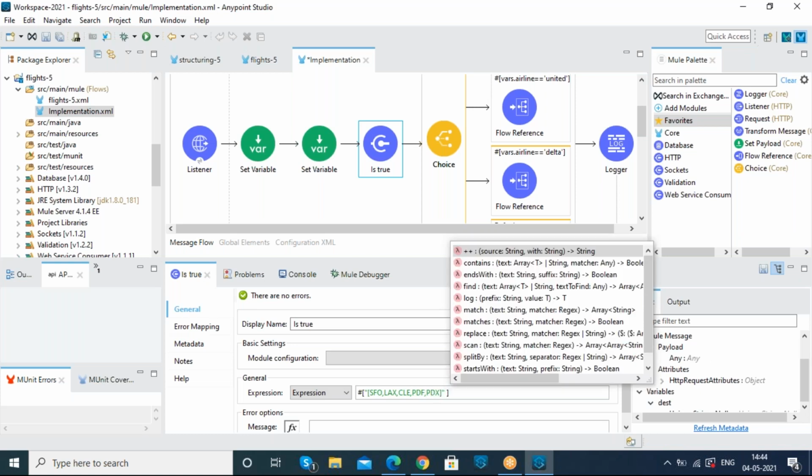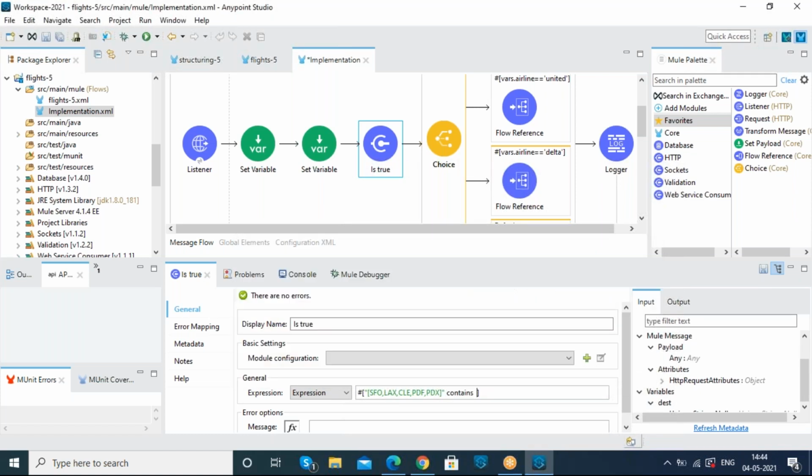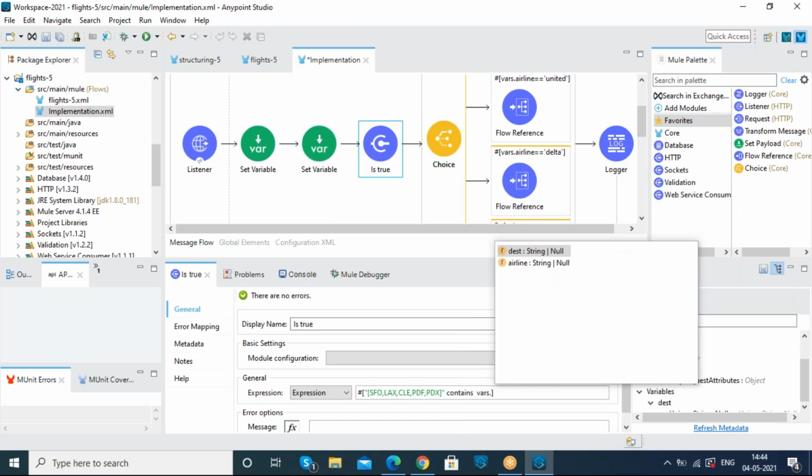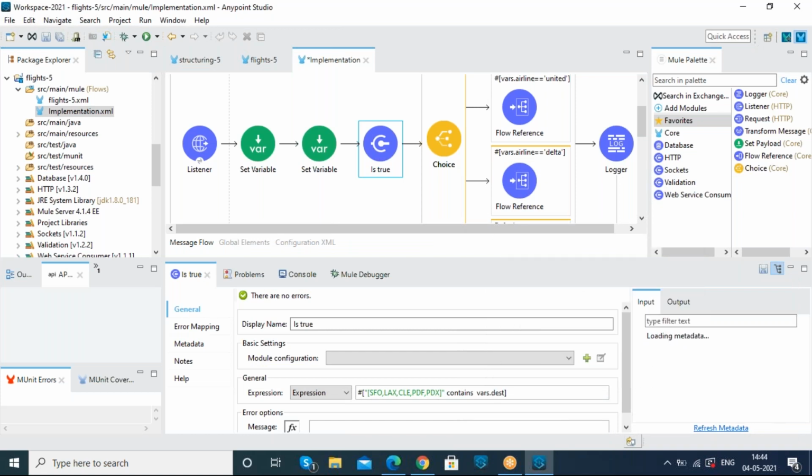If the user requests a destination equal to one of these 5 destination parameters, the condition is true and it goes on to the next connectors to execute them.